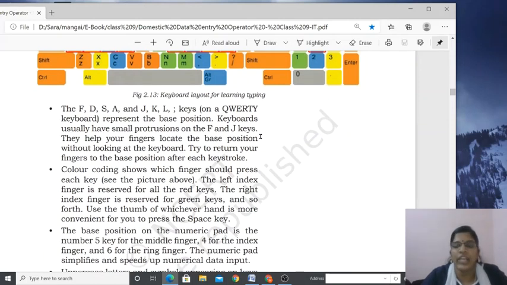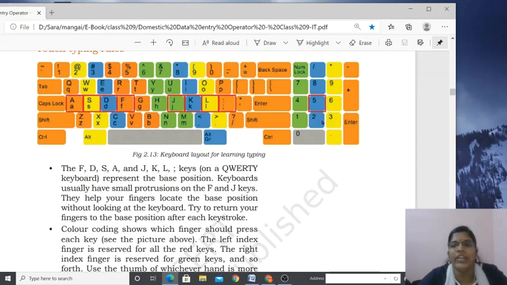Okay, then if you take a number pad, numeric pad, which is the base key, the guide key? Yes, number 5 is the guide key. So while you press the number 5, which finger do you have to use? Actually, you have to use the middle finger. Yesterday in the class I was telling index finger, that was wrong. Actually you have to use the middle finger. And number 4, it is index finger, middle finger, 6 ring finger. Okay, so keep it in mind. All right, so that is the right order of keys and which finger we have to use.